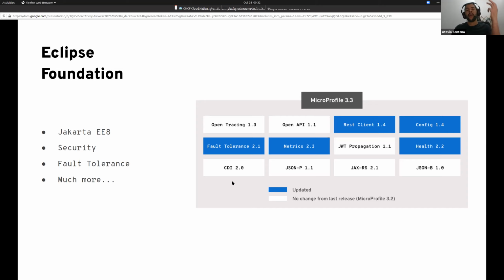Remember, the third aspect of the 12-factor app is about not putting your credentials in your code, so you can override them from the environment. That's why config exists. Fault tolerance, metrics, JWT propagation, health, CDI, and so on. And there's much more.